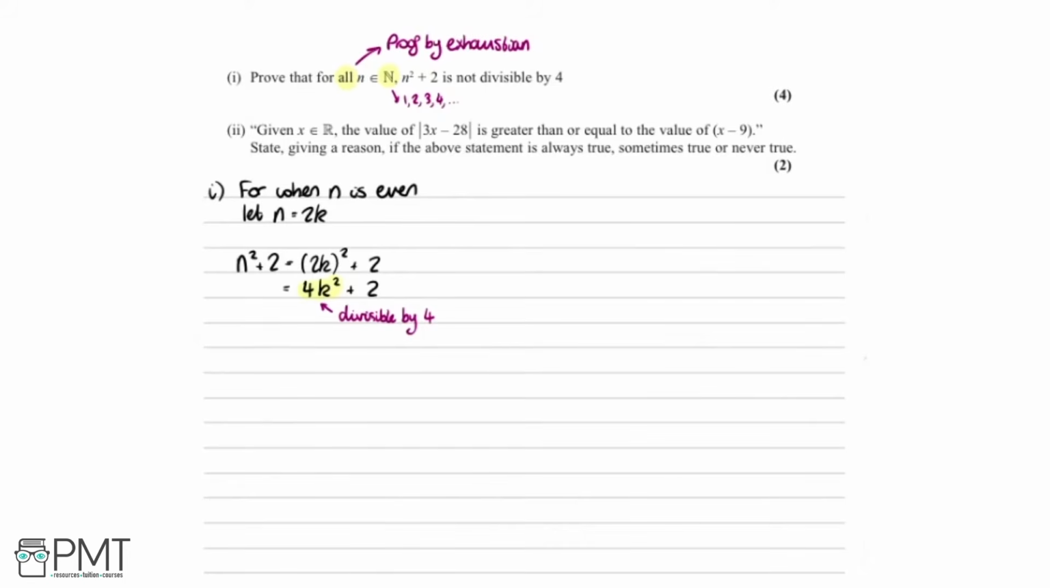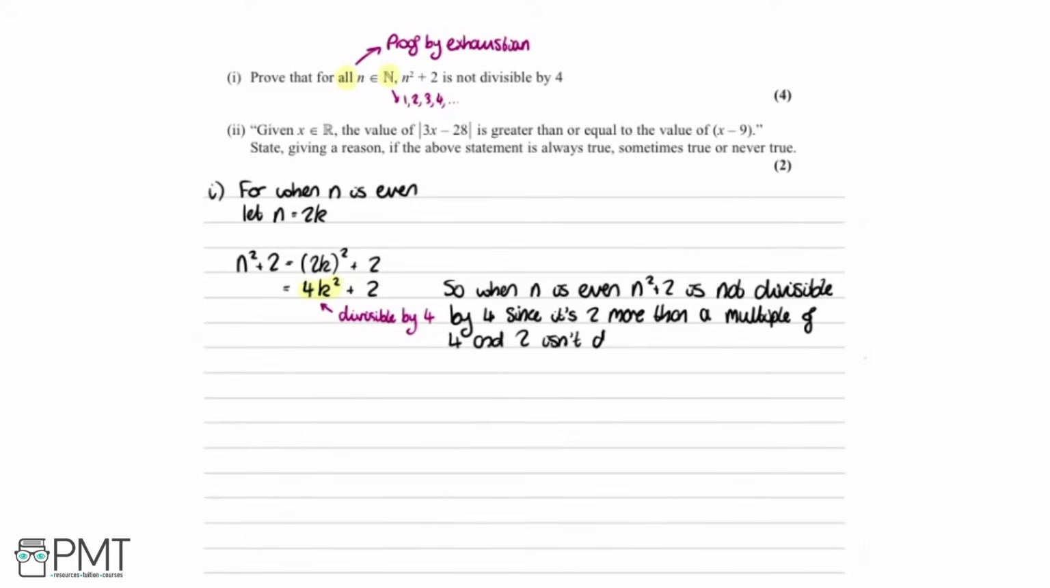Writing this out as an explanation, we can say, when n is even, n squared plus 2 is not divisible by 4, since it's 2 more than a multiple of 4, and 2 isn't divisible by 4. So what we now need to do is try for when n is odd. For when n is odd, we're going to let n equal... Now, if an even number is 2k, an odd number will just be 1 more than an even number, so 2k plus 1. That means n squared plus 2 equals (2k plus 1) squared plus 2, which equals